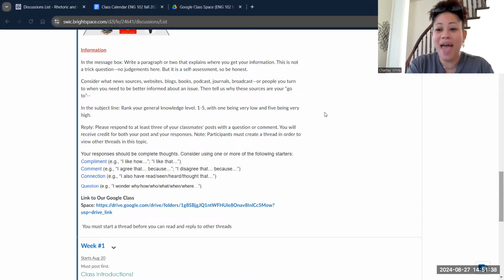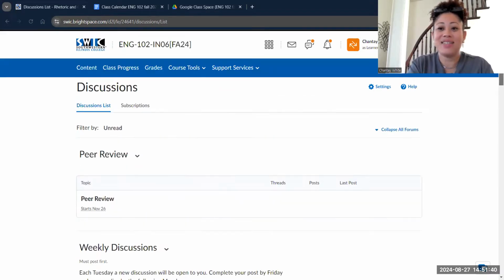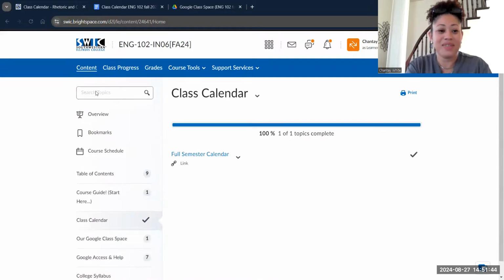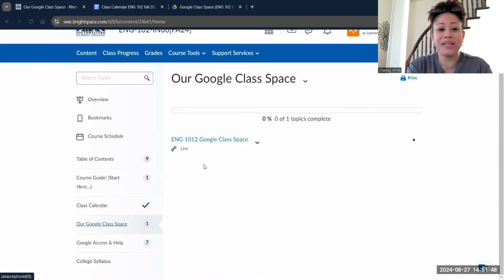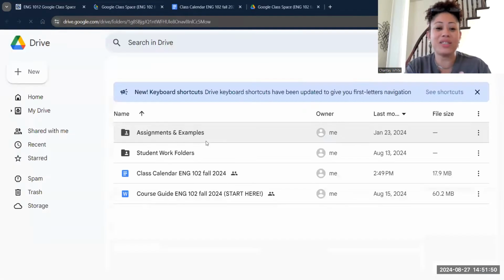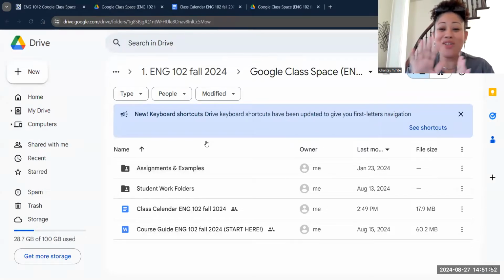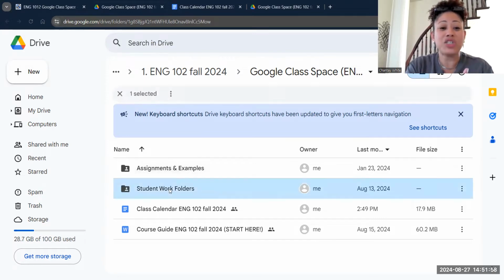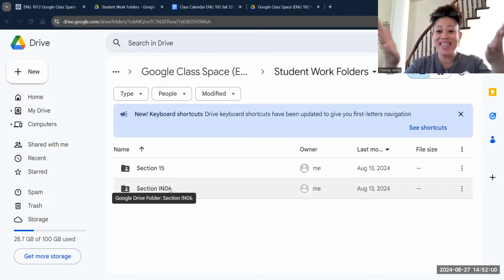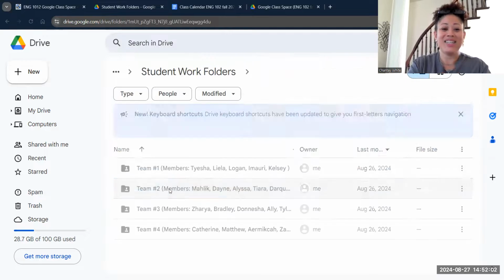I am going to go back to that content tab. This time I'm going to hit the link that says our Google Class space and go all the way into our Google Class space. Again, there's a couple of things here. Your calendar, your course outline is here. We are going to go where it says student work folders, and this is section 6.